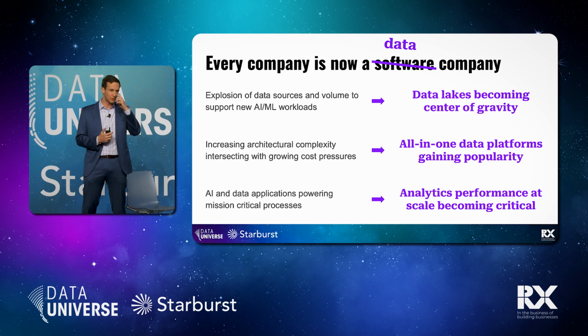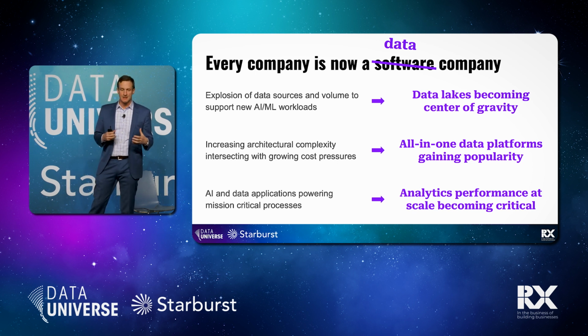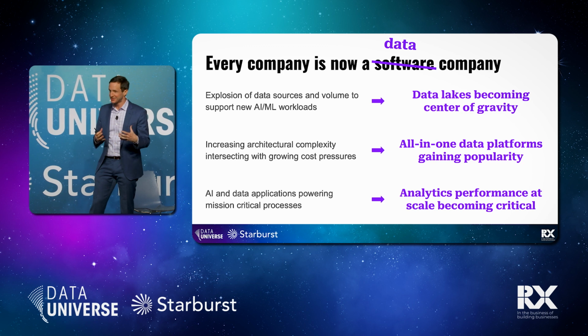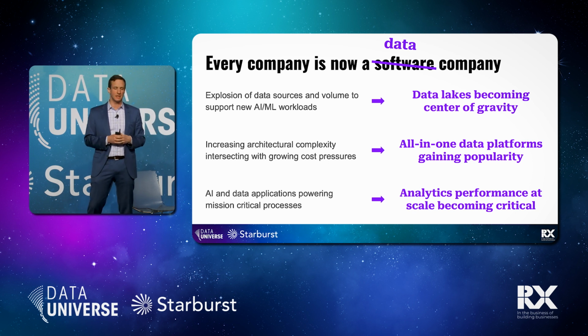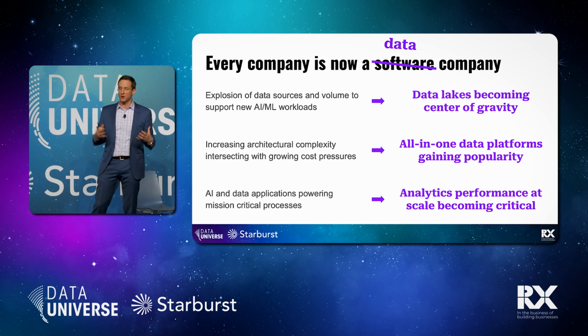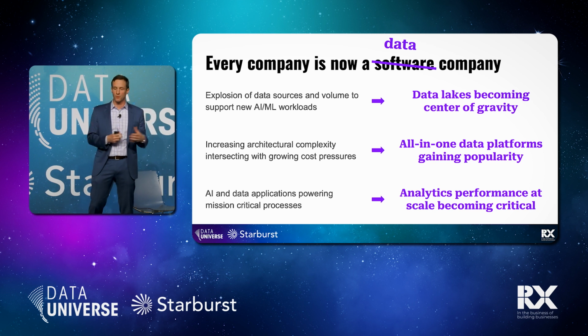In fact, I just read an article in the Wall Street Journal, I think last night, that the power demands of modern AI technologies and generative AI actually outstrip all the power capacity that we have on this planet today. So being able to become more efficient in the way that we both manage AI and develop our AI architectures becomes incredibly important. The second piece is that as technologies have modernized, that has introduced architectural complexity. We now have more data sources than we've ever had before, and that creates growing cost pressures, growing complexity, and again, the need for abstraction.